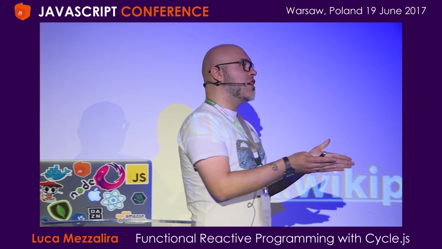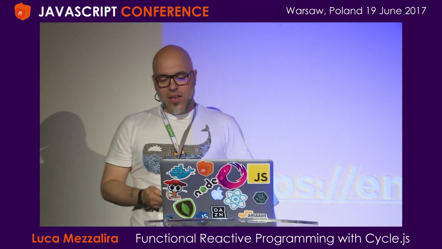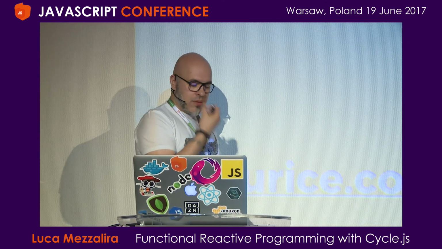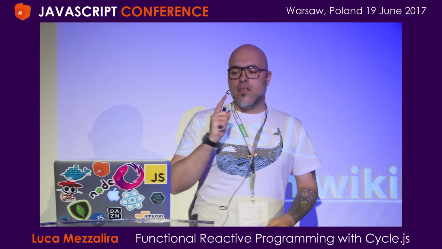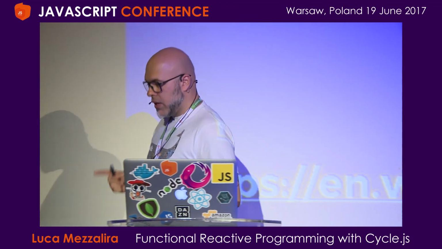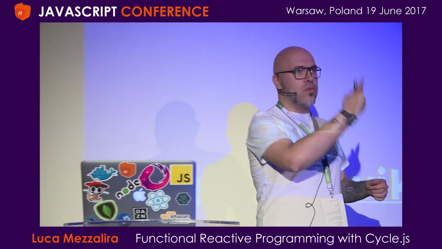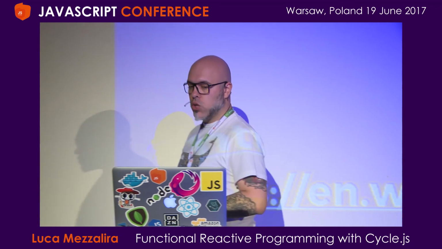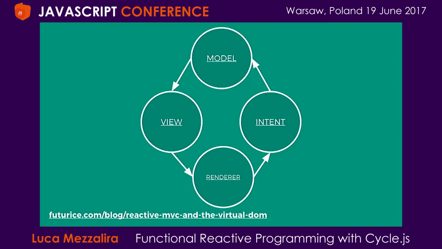If you think nowadays, there are a couple of frameworks that are exactly doing this. But with model view intent, we are changing that. Another thing I would like to mention here is that, as you can see from the arrows, all the communication is bidirectional. From the view, I listen for events, so the view is sending the events from the user interaction. The presenter is retrieving data from the model and storing data in the model. So it's always this bidirectional thing. But with model view intent, we drastically changed this.